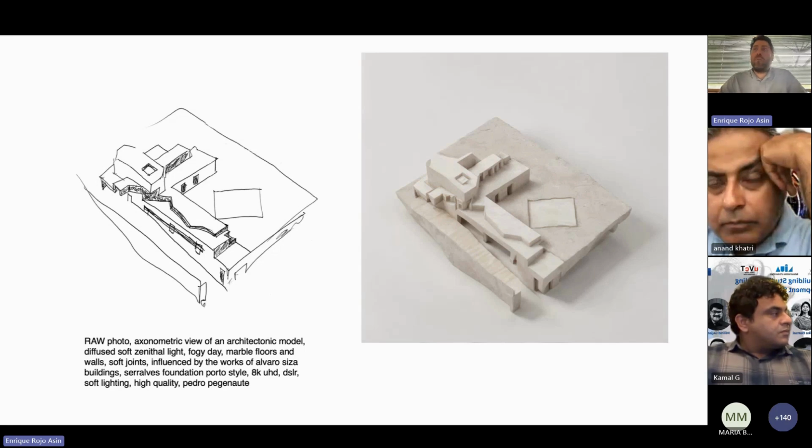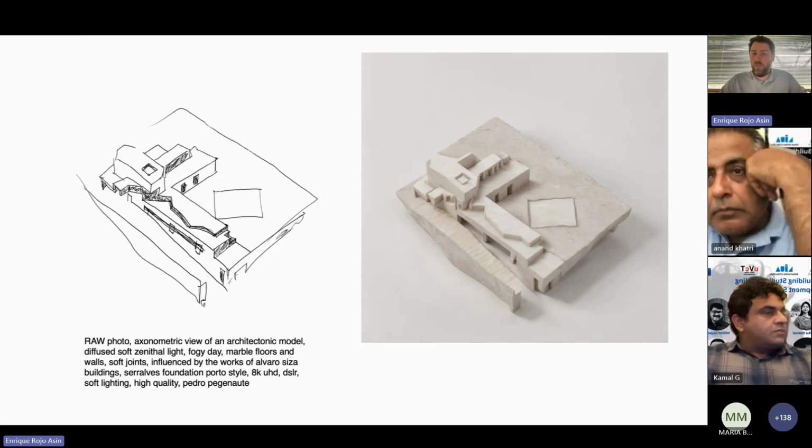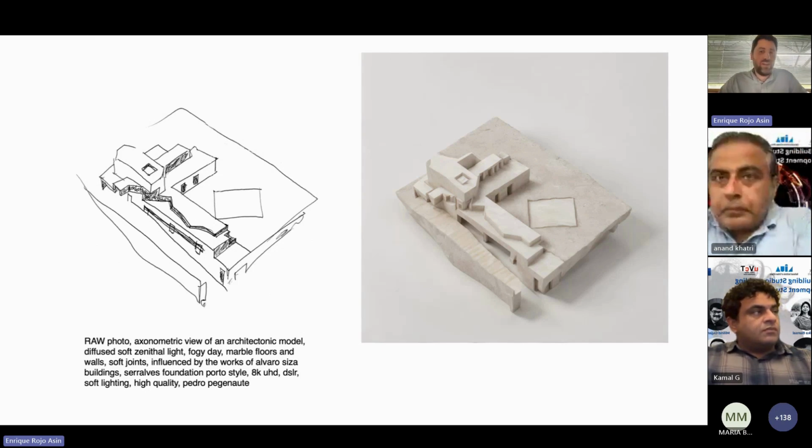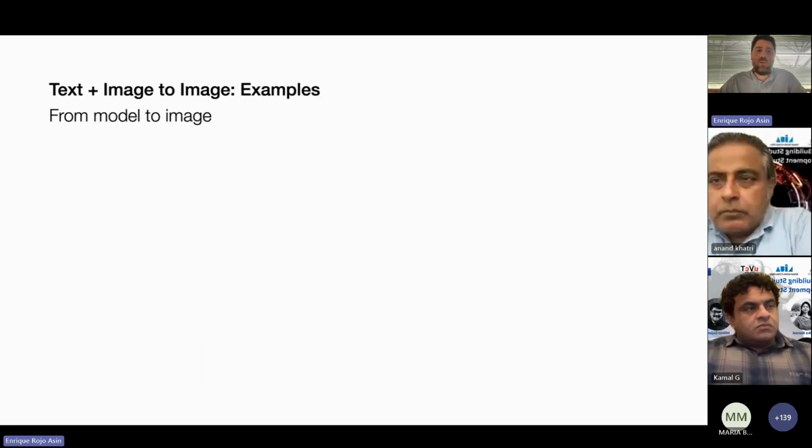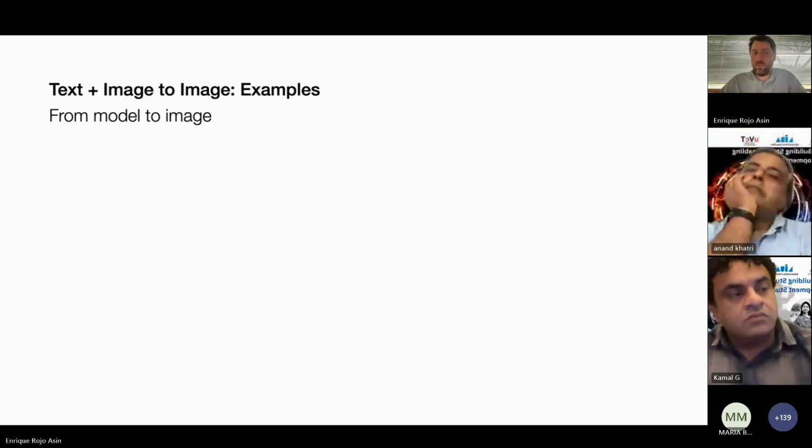For competitions where you are not allowed to send the real model, it's really helpful because you don't need to produce these expensive models, but still you have a great looking picture that shows the materiality, the weight of the stone, the shadows, and that helps a lot, I think, to express the idea of your building.